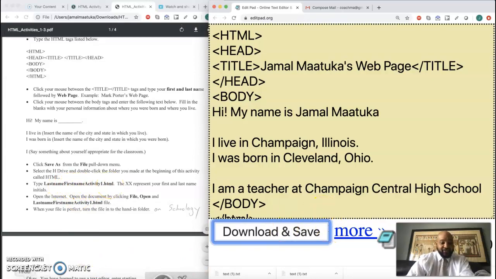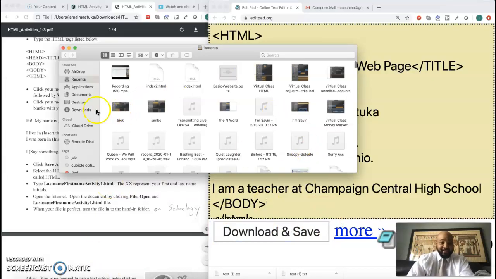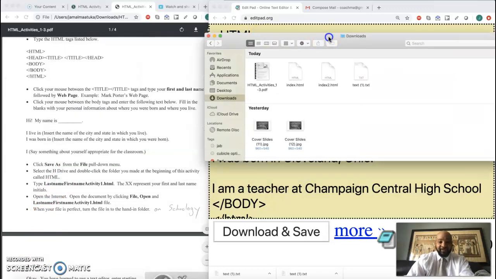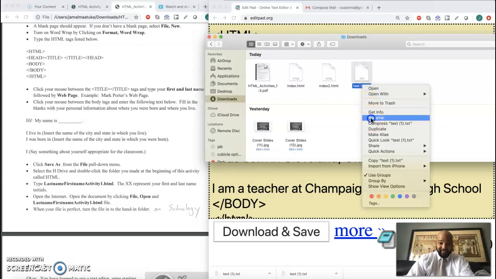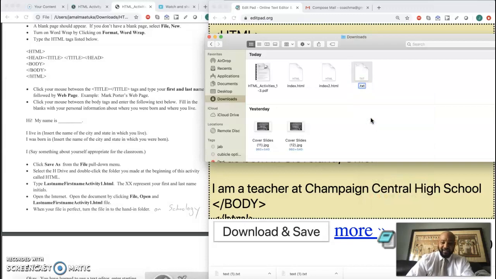So remember, I know to find my document, I have to go to my Finder menu, and then I go to my Downloads. I'm going to find text1. I'm going to rename it. So I do my right click to rename, and I'm deleting all of this information. And instead, I'm going to name it last name, they said, Maatuka. First name, Jamal. You know what? Let's use some capitals for it. Maatuka, Jamal, and then activity